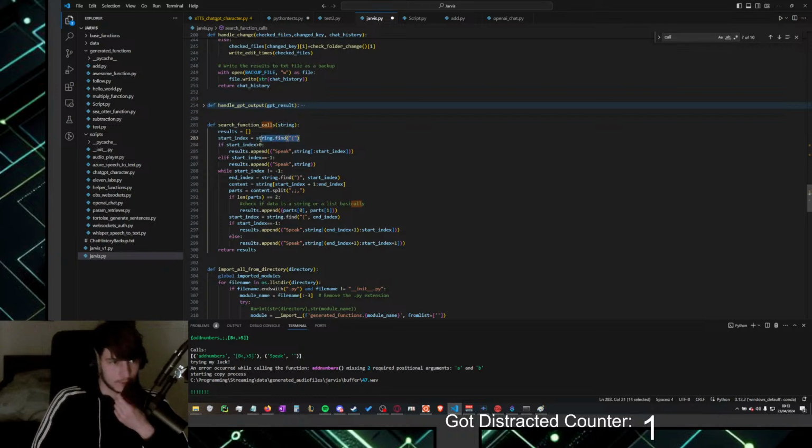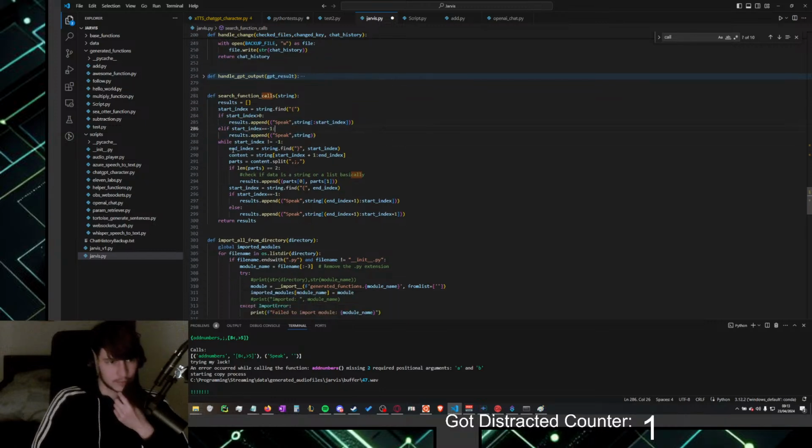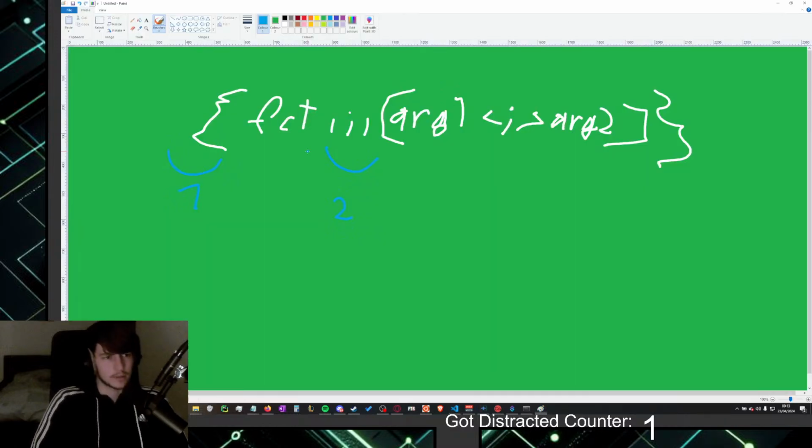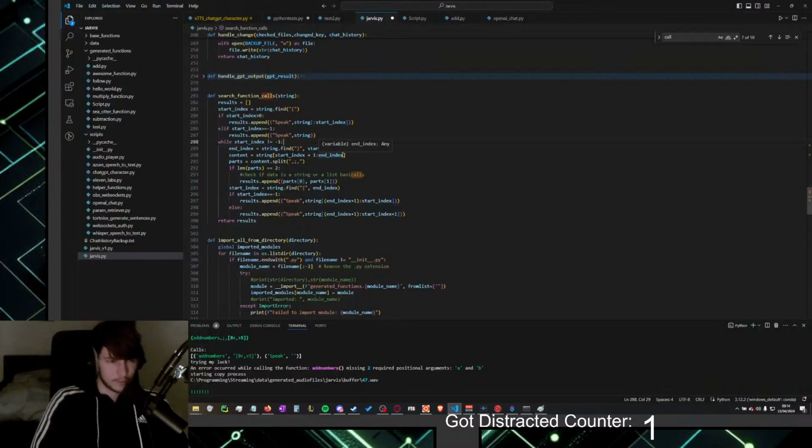Function call. Okay, it finds this. That is not important right now. Oh, then it actually... Okay, no, it's not that one second. This one is second actually. So it checks this, and then it knows, okay, in between there's something interesting. And then I think it splits it.